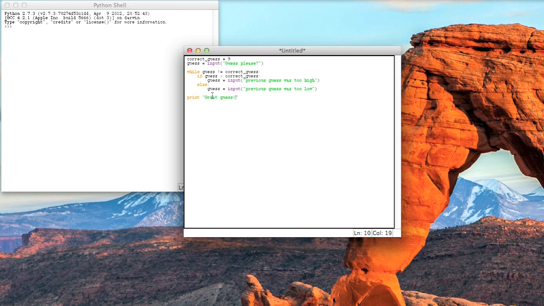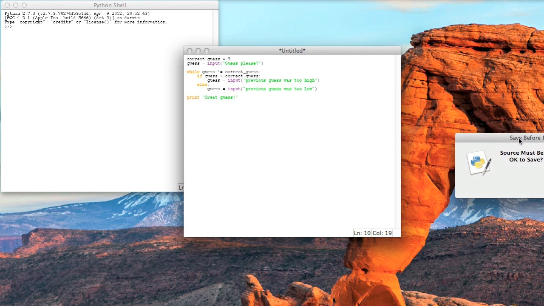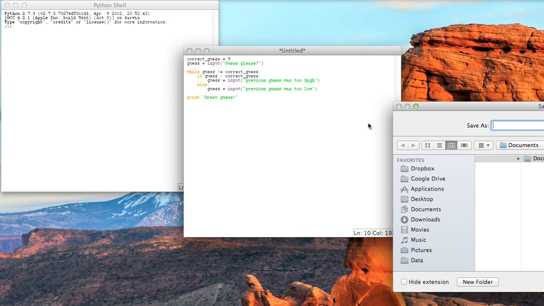And note here the levels of indentation. We've got a first level of indentation, which corresponds to the while loop, and other levels of indentation, which correspond to this if statement. Okay, so we run this. So I'm gonna save that as demo2.py,